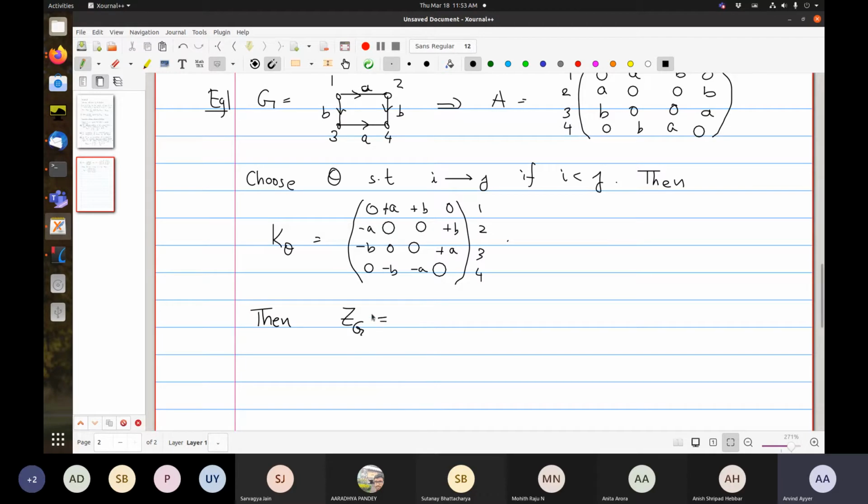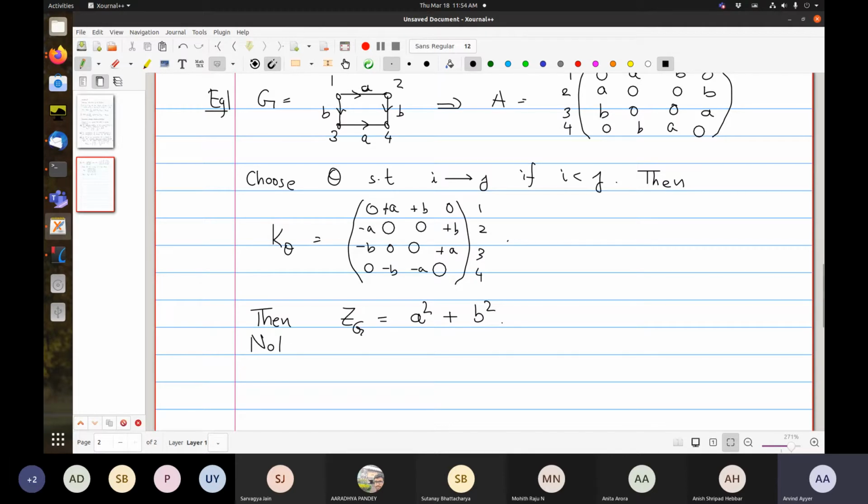So what is ZG? What are the perfect matchings or dimers? There's one in which 1 and 2 are connected and 3 and 4 are connected, and the weight of that is A times A, so I get an A squared from that. And there's one in which 1 and 3 are connected and 2 and 4 are connected and both have weight B, so I'll get a B squared from that.